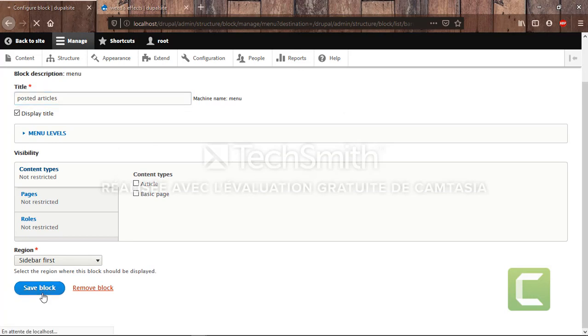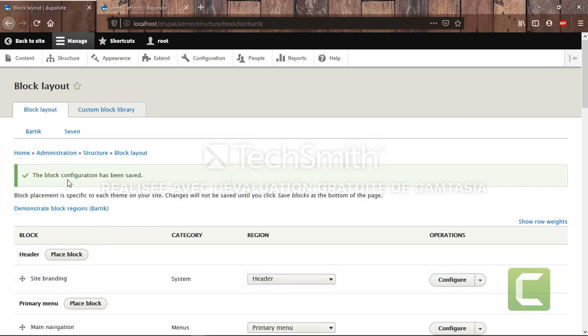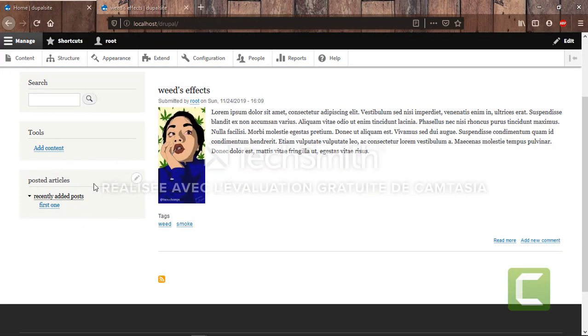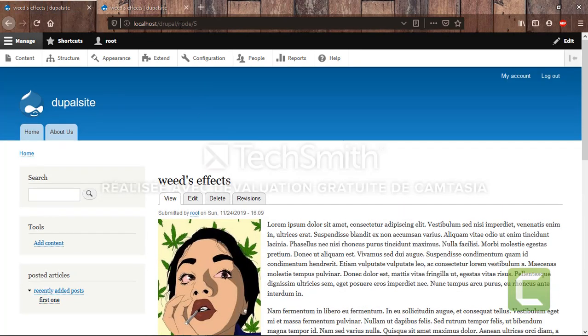I'm gonna save my block, and the block configuration has been saved. If I go back to my site, I can see that my menu is added in here, posted articles, with the parent link and the child link. By the way, the first link, the parent link, is the menu.